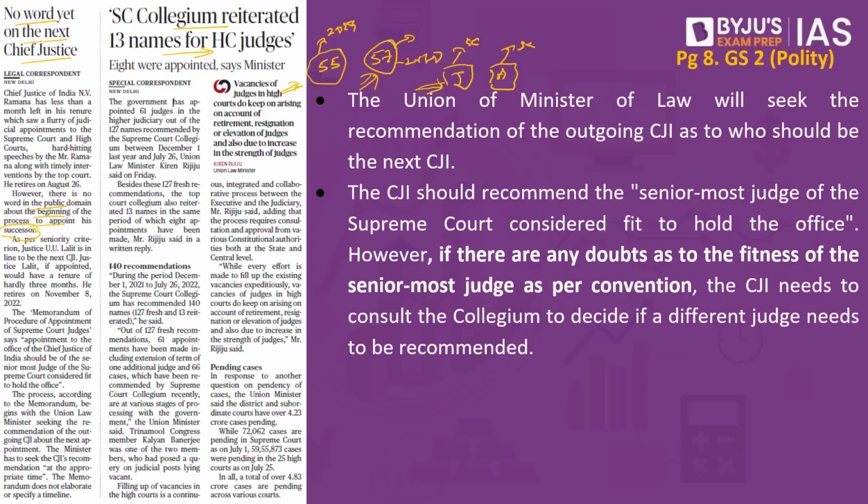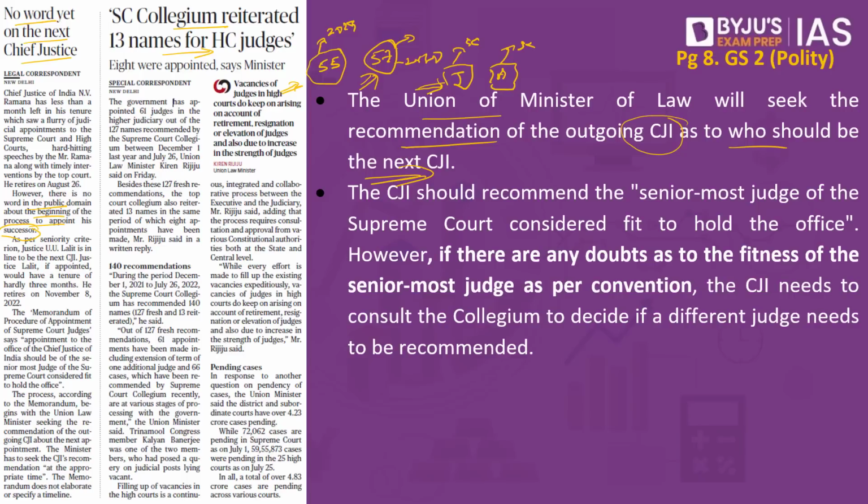So the seniority convention tells us who could become the next Chief Justice of India, but how this is to be done is laid out in the memorandum of procedure between the government and the judiciary. So how exactly does it work? We have the Union Minister of Law. We will seek the recommendations of the outgoing Chief Justice of India as to who would be the next Chief Justice of India. This is sought at the appropriate time, that is near the retirement date of the outgoing Chief